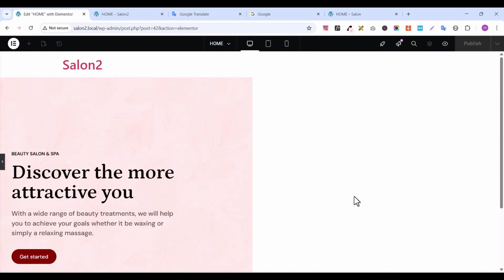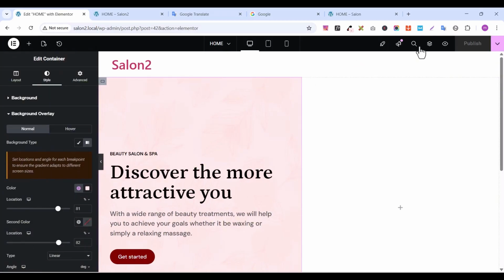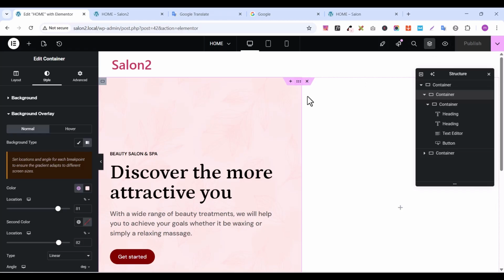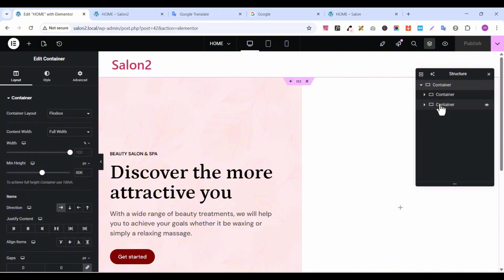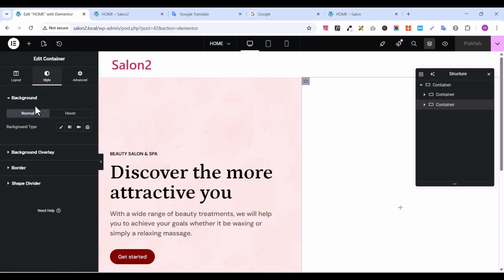So let's come to this second column. We are still in our working environment. So let's bring this structure. I am not able to select this second container because of this mother container, right? So I'll just bring the structure, and this is the mother container, and this is the second container I want to select. So select it from here, and you can see it is being selected. So let's go to style, and let's go to typography, select